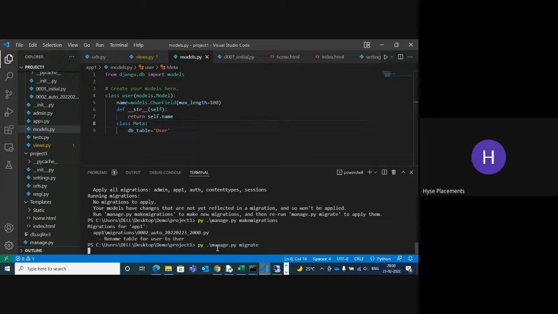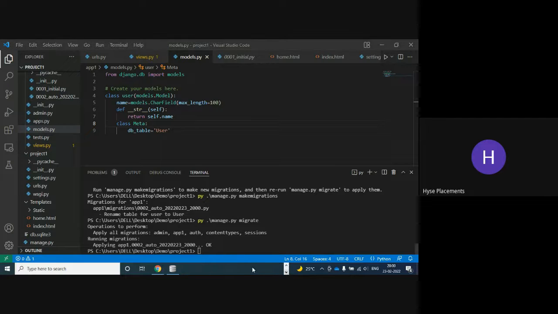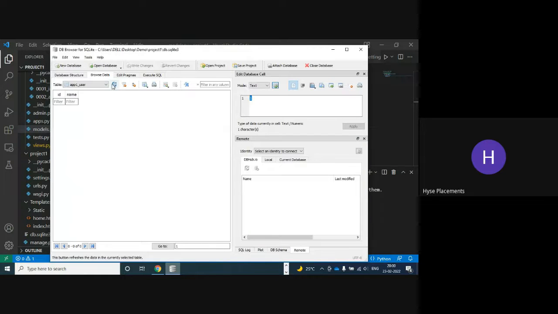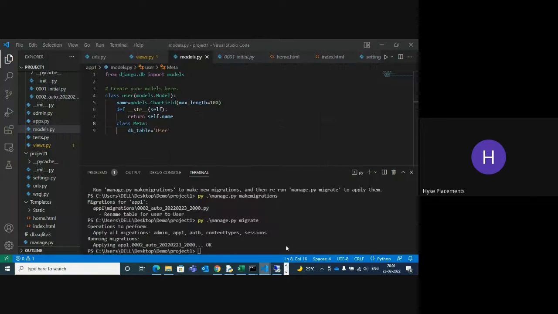This time you can see, I refresh now. You can change this name. If you are changing your table name without the Meta class, by default it takes your app name and then your class name.